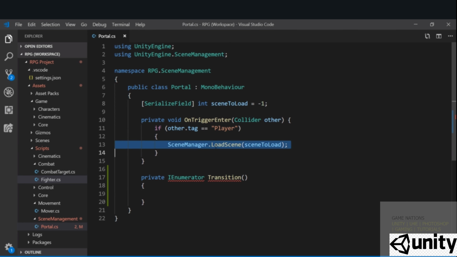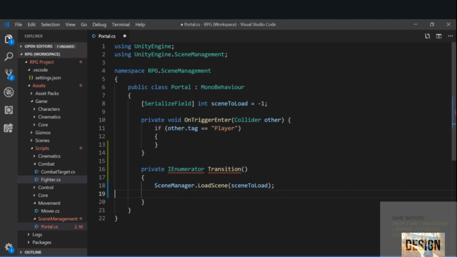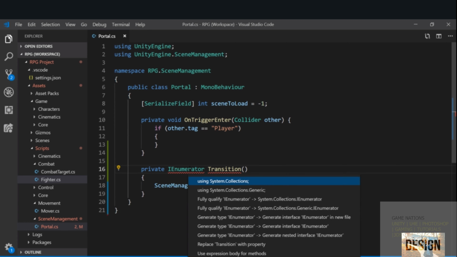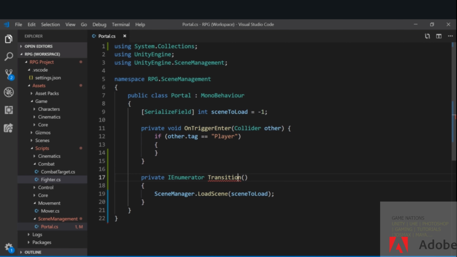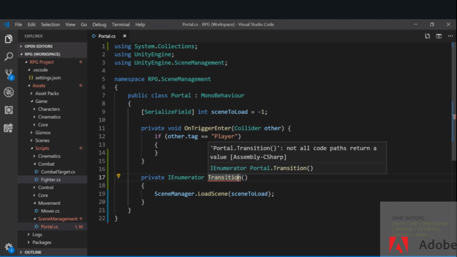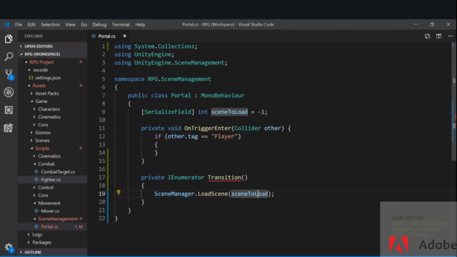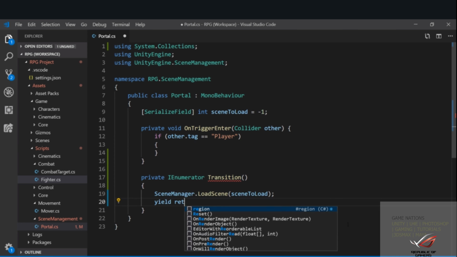And this is where we are going to put this scene load right in here. And I've got to include the right namespace, which is using System.Collections. And we've got this transition which is complaining not all code paths return a value. So that's because we aren't doing any yield returns inside our enumerator. So for now, I'm just going to put at the end of it a yield return null to get rid